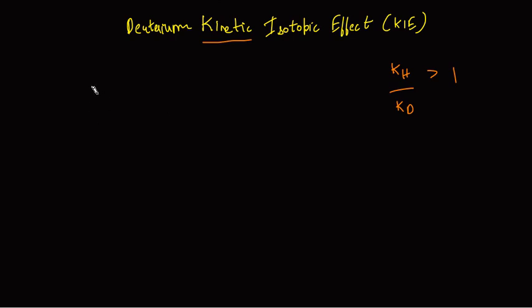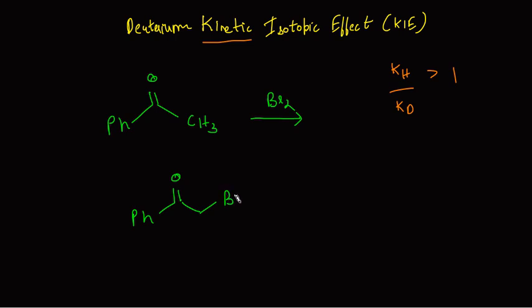examination, right? So let's say I have this acetone molecule, or in fact, even if I don't want to take acetone, I'll take this molecule. So let's say I have this molecule, and what I want to do is add bromine over here. When I add bromine, the product we get is phenacyl bromide. What is the structure of phenacyl bromide? Basically, you have a phenyl group, CO, CH2, and then Br. So this is the structure of phenacyl bromide.